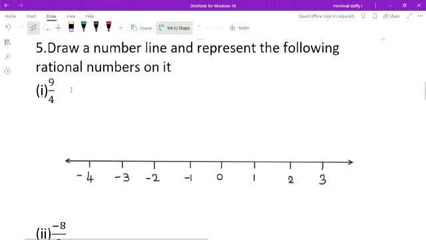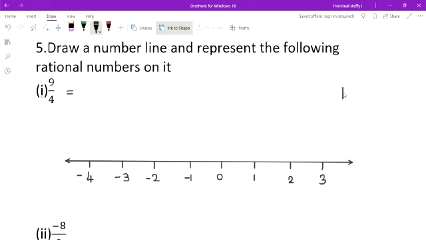So first I am going to change this improper fraction. This is the improper fraction. Improper fraction means what? Numerator is greater than denominator. So this is the improper fraction. The improper fraction first I am going to change to a mixed fraction. How? You know how to change that? Yes, take division. Division is best used to find the mixed fraction.